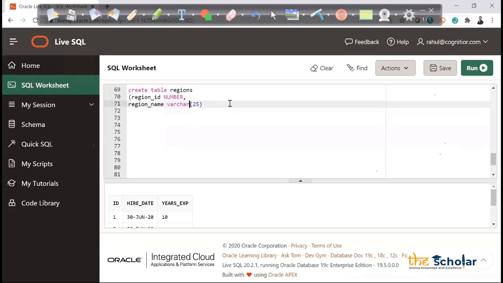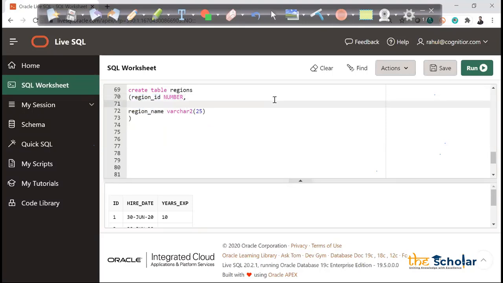There is a concept of varchar2 as well, which is double the size, so we can go with varchar2, same concept with double the size. Then we'll close the bracket. But here I did not mention the primary key concept. I did not say that region ID is a primary key, but I have to tell that region ID is a primary key.